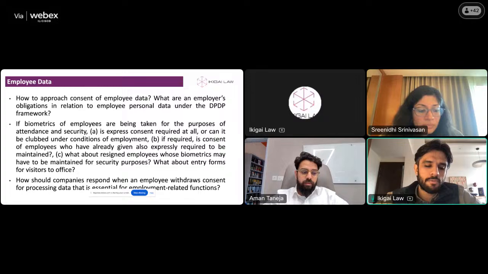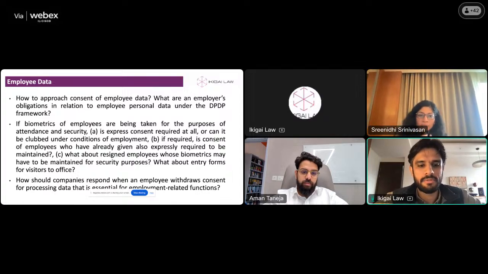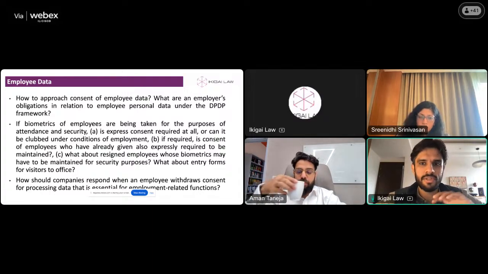Yeah, and I want to perhaps see how this plays out in practice. We've got a question alluding to a very specific scenario, which is biometric information, how fingerprints and facial recognition might be used by an employer for attendance, access control, all those purposes, a fairly common practice. But biometric data, of course, has an inherent sensitivity to it, even though the Act doesn't formally recognize it as such.